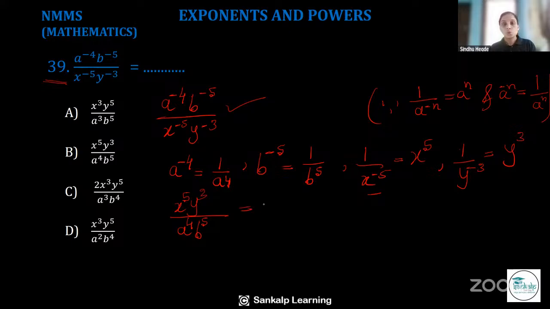a raised to minus 4, b raised to minus 5 divided by x raised to minus 5, y raised to minus 3. Answer is x raised to 5 y cube divided by a raised to 4 into b raised to 5. This is our answer. So it matches with